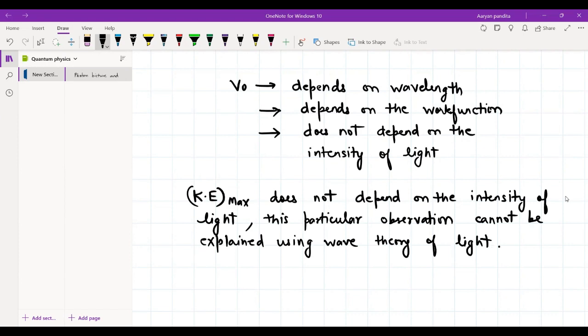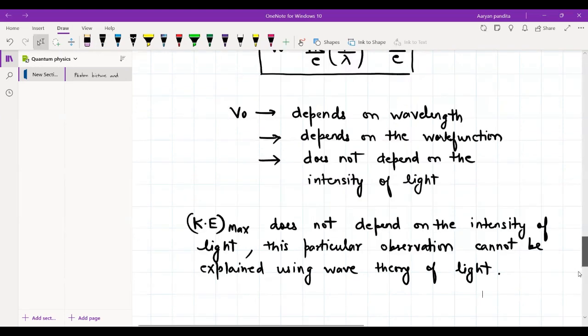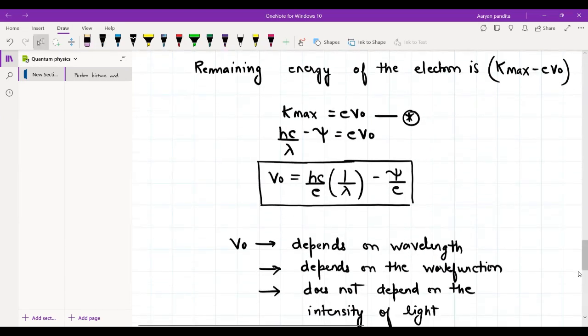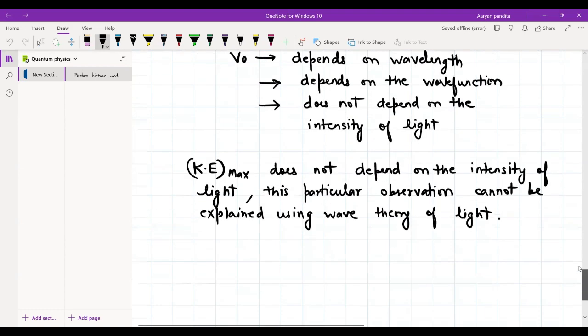So if you look at this expression, we can also plot it. If you look at this expression carefully, it looks similar to y is equal to mx plus c. If you plot V naught with respect to 1 by lambda, this would be the slope and this would be the intercept. So if you plot this particular expression,